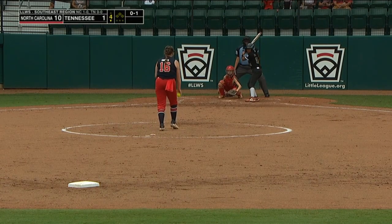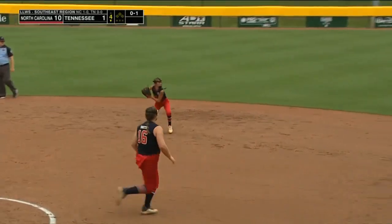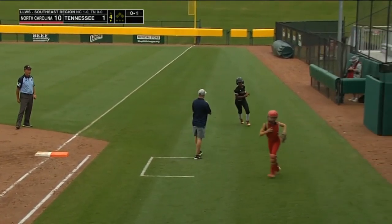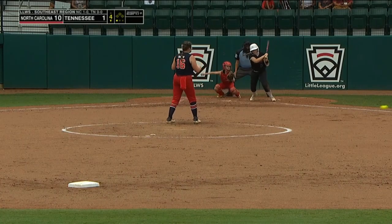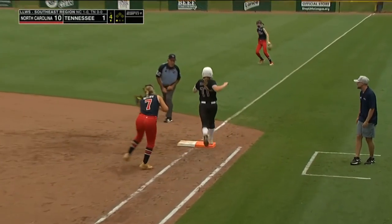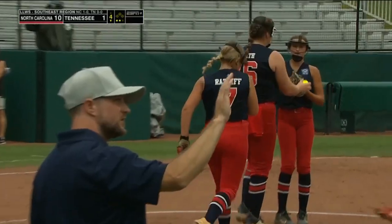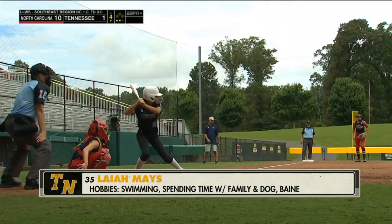Cutno at the plate. She's been put to work in center field. She's trying to put Mulkey to work at 2nd, but a couple of groundouts there for Cutno as Smith gets the leadoff batter out. Mansfield trying to get on again, but Melker very smooth at 3rd. Throw comes up the line, but Ratliff with the tag. And 2 very quick outs here for